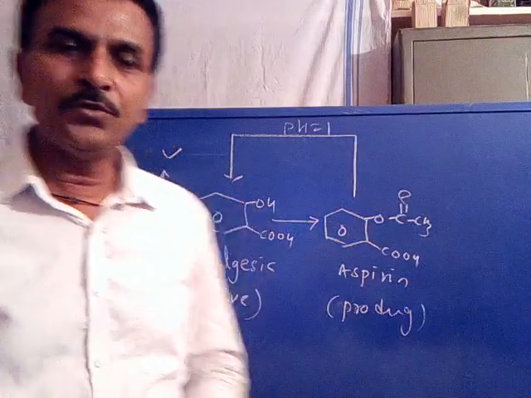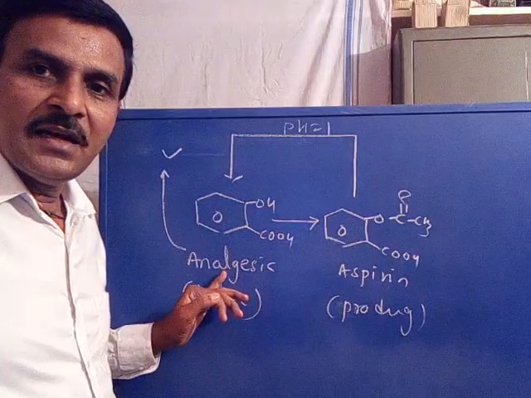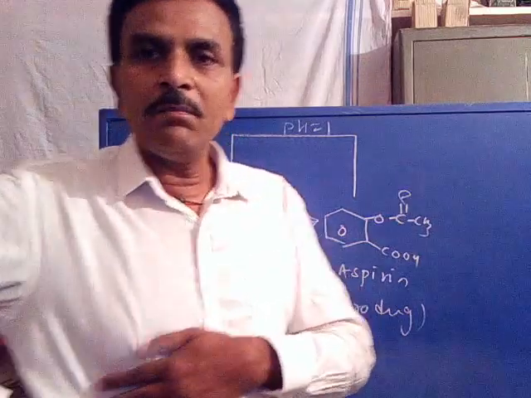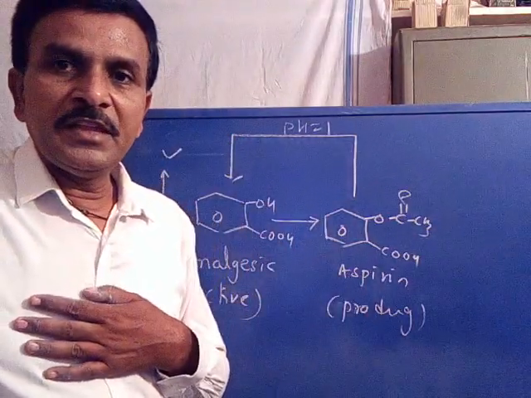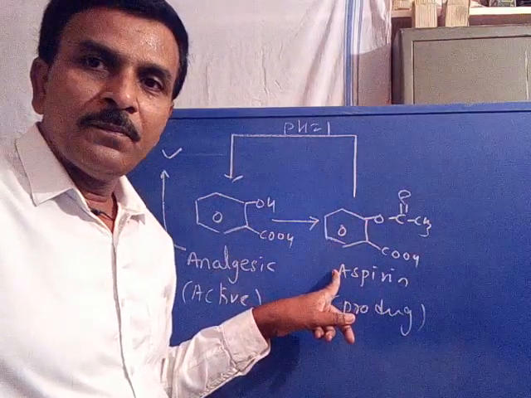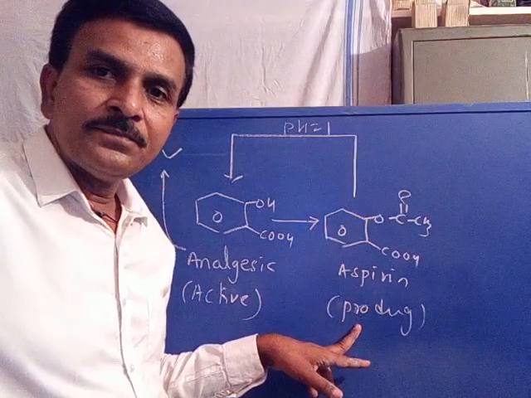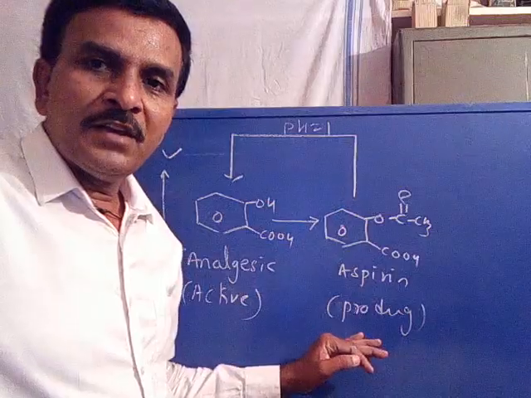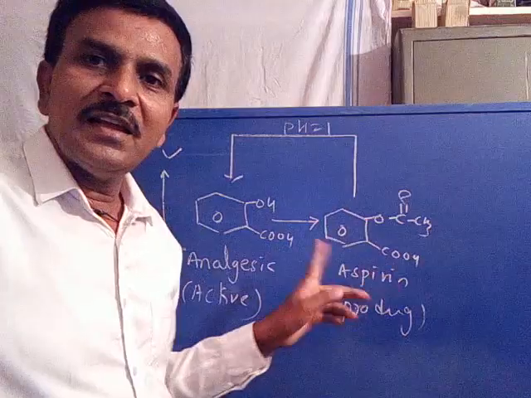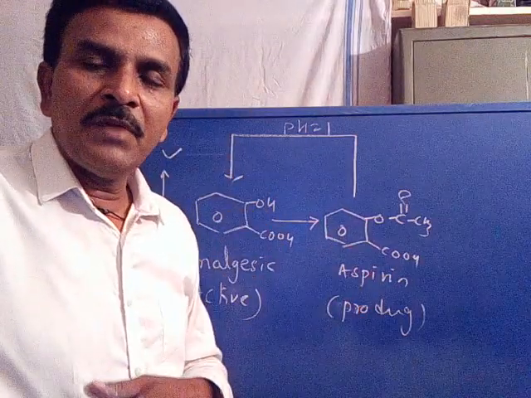Is it clear? Now you see, salicylic acid is an analgesic agent. Due to its high acidic nature, it is unable to be taken directly by mouth due to damage of the epithelial layer, called gastric bleeding, so it is transformed into the inactive form, that is aspirin, by protecting its OH group, called a prodrug. Now it is an inactive form, hence it is a prodrug, where the OH group is protected to reduce acidic nature, so its acidic nature will be reduced. Now it can easily be taken directly by mouth.